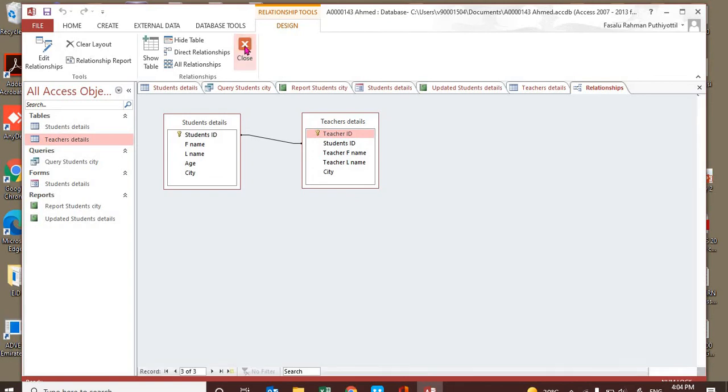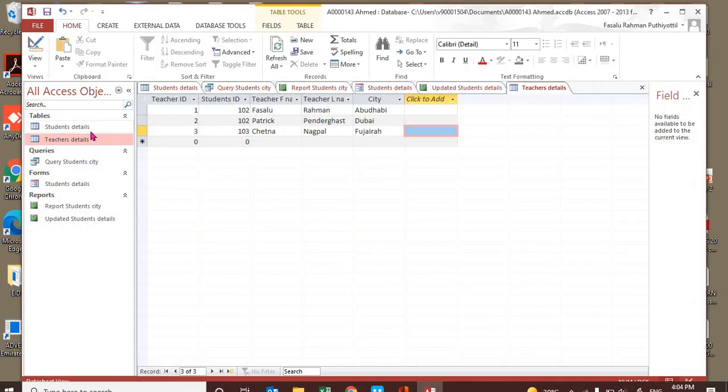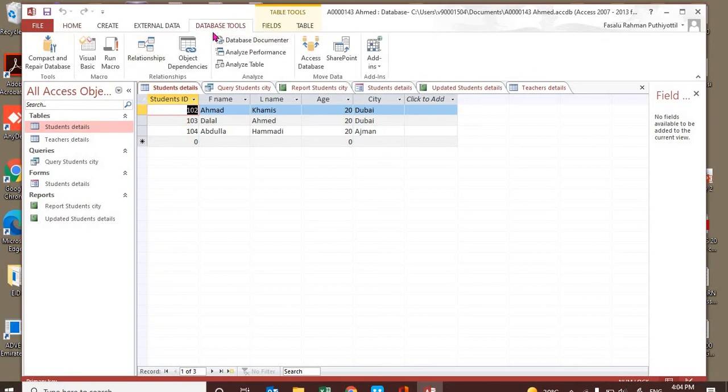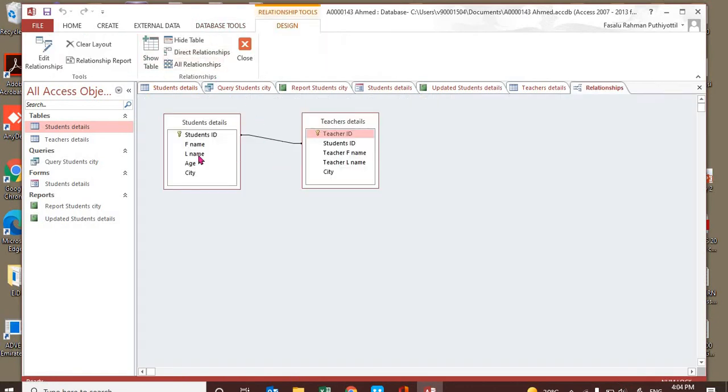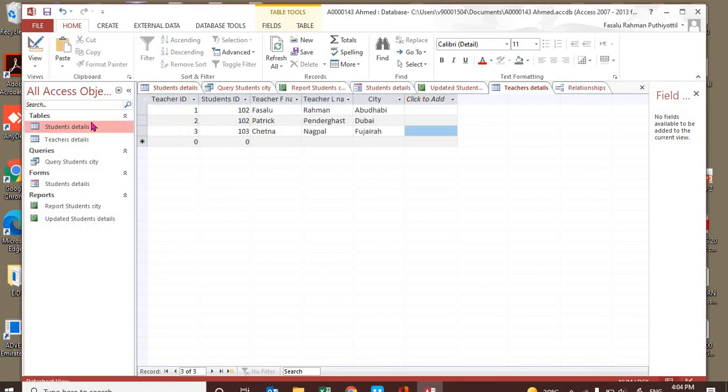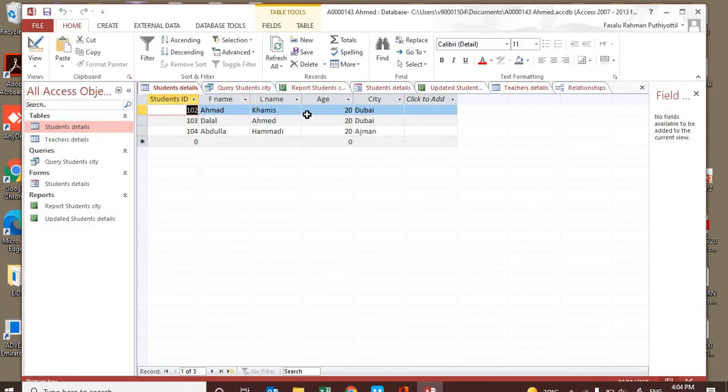Now, if you close it, you can see in student details, something is wrong. Let me check again. Relationship. Okay, save it. Okay, relationship, hopefully it is coming. Now